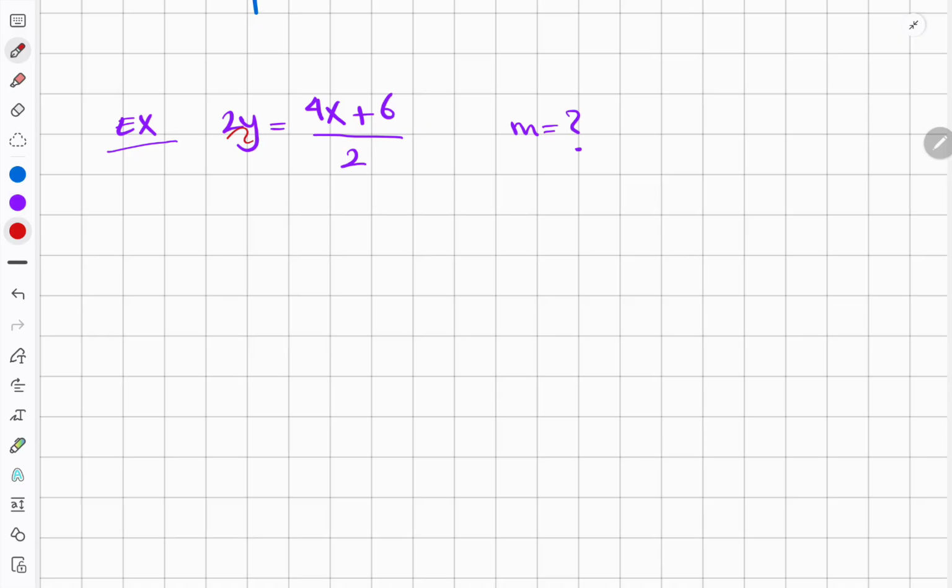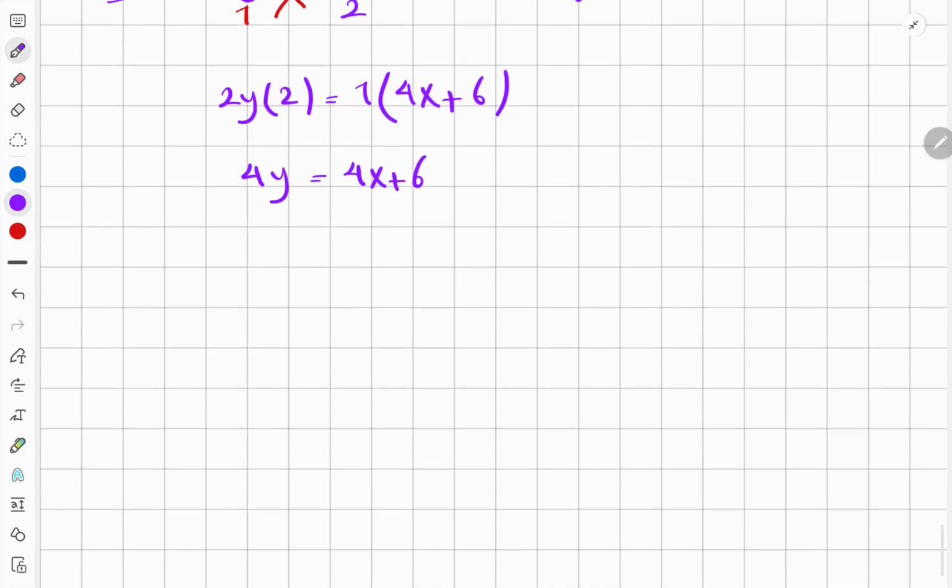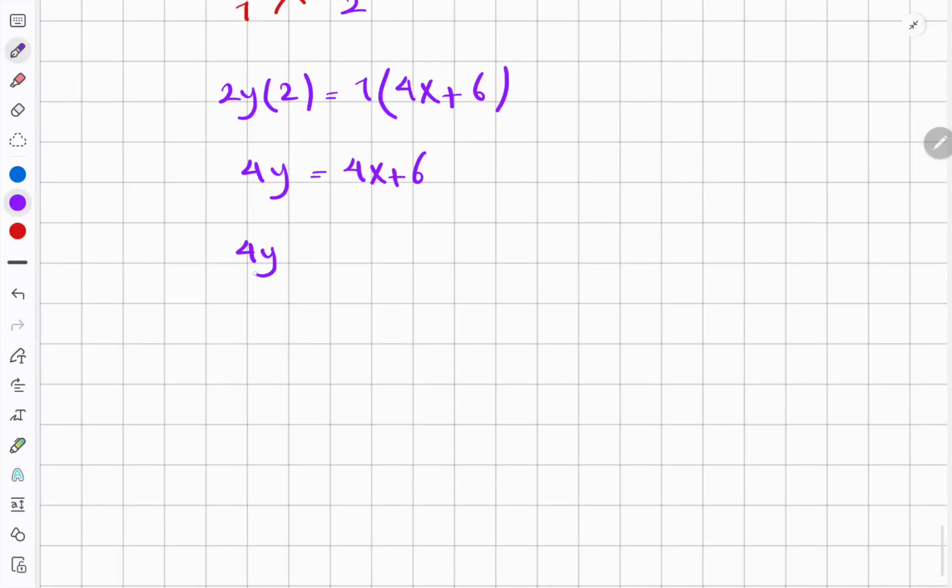Okay, so we can consider the denominator 1 and use cross multiplication. 2y times 2 equals 1 times 4x plus 6. So 4y is 4x plus 6,